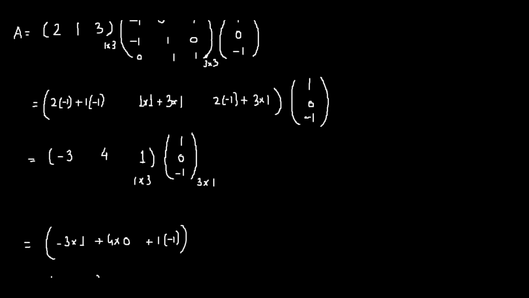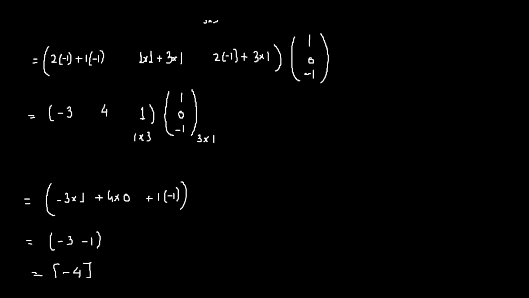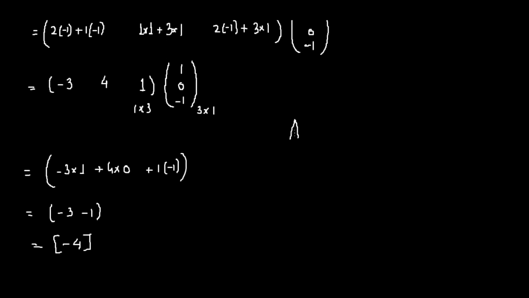So that means we can rewrite here. So here we'll write, so our matrix A is a matrix with only one entry. So that means it's a matrix having the order 1 cross 1. So the order of matrix A is